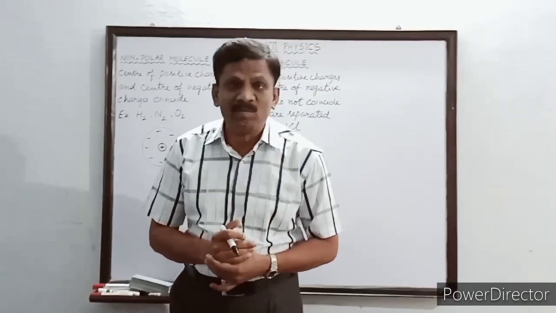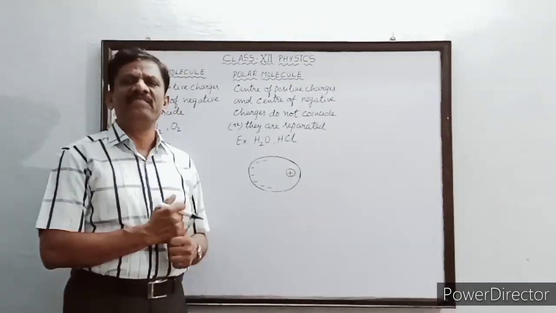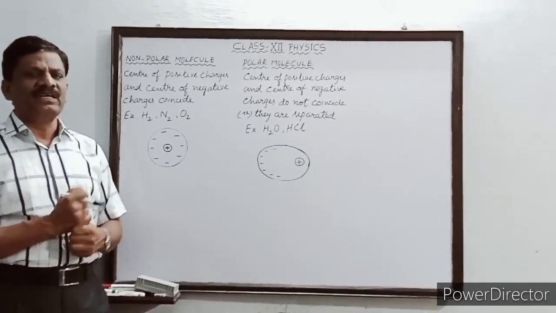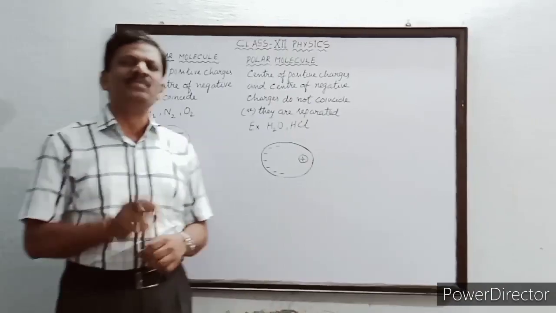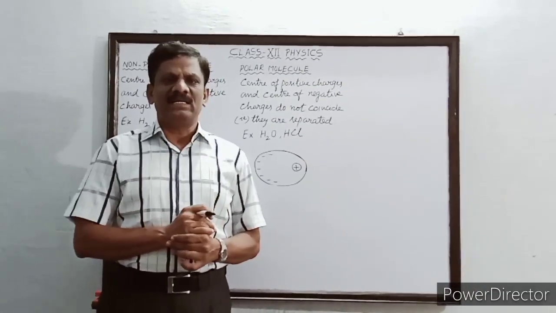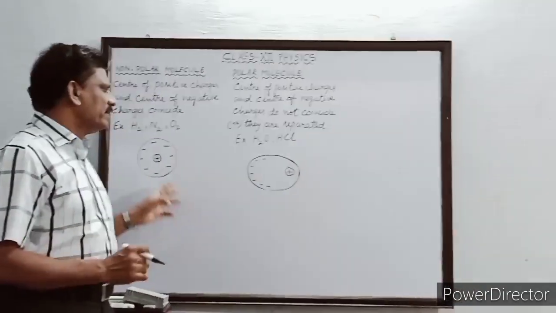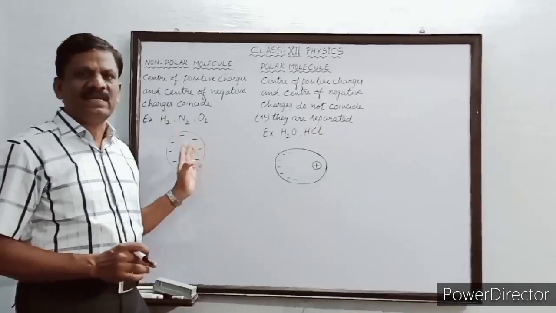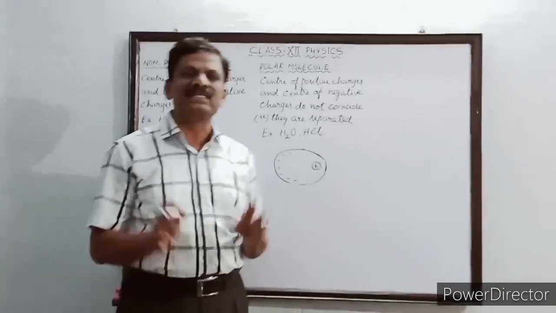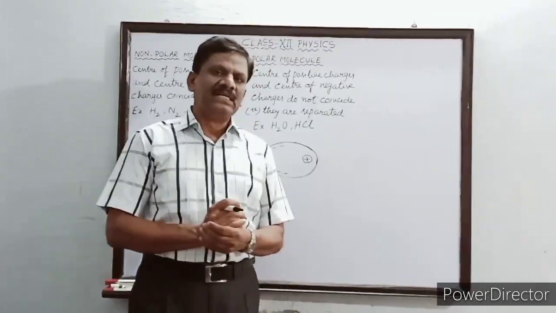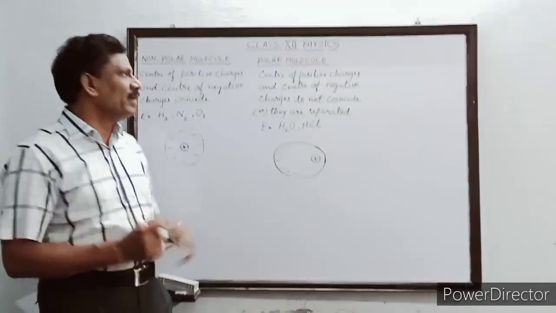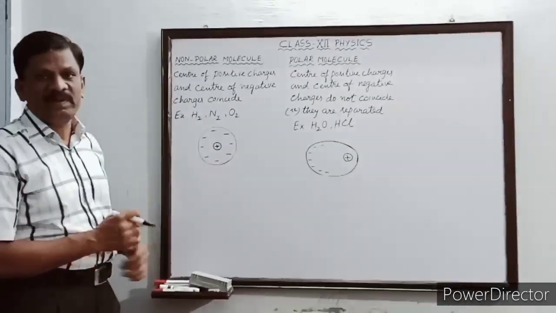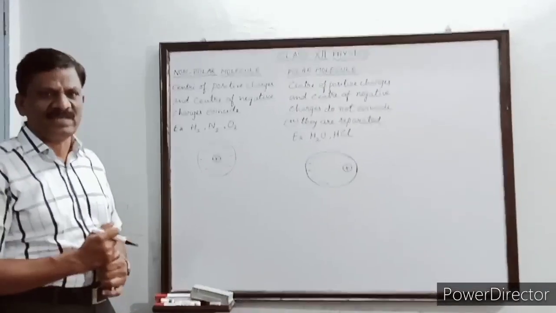Can they have a dipole moment? We have already defined what electric dipole moment is, which is the product of the charge of the molecule and the distance between the centers of separation. Here there is no distance between the charge centers. As a result, such molecules cannot possess any dipole moment. Now, what is the shape of the molecules? Non-polar molecules mostly have a spherical shape. They have a spherical symmetry.